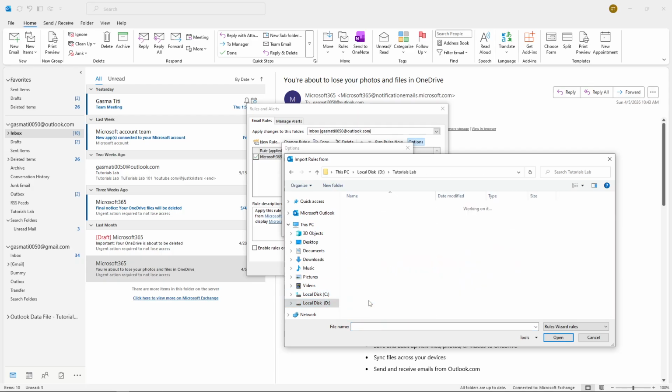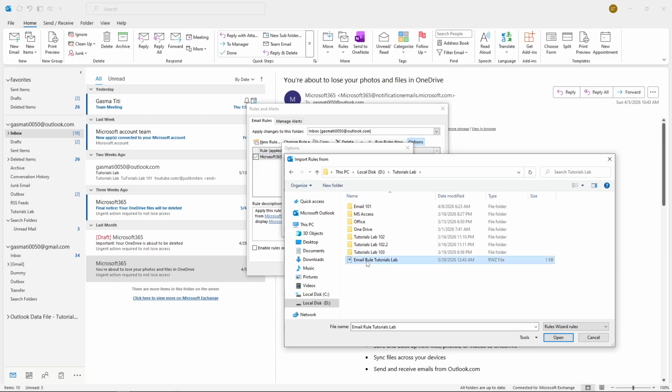This window allows you to browse through your computer's folders and locate the specific rule file you want to import. These rule files typically have an RWZ extension, which is Outlook's standard format for storing rules. Navigate through your folders until you find the rule file you wish to import. Once you've located it, click on it to select it, then click the Open button at the bottom of the